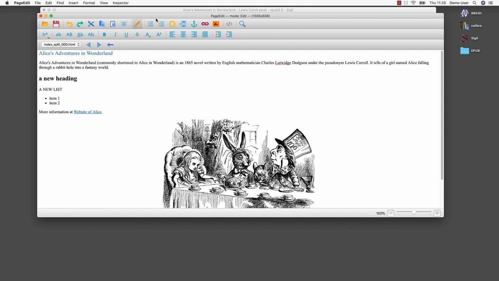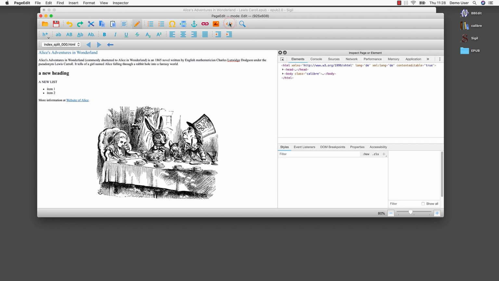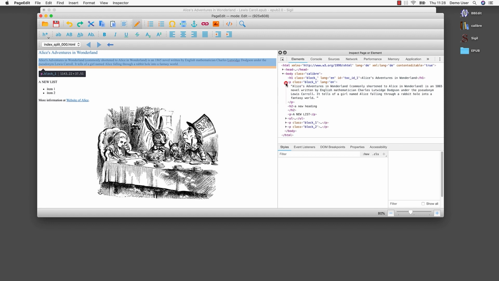At the bottom of the editor window is the zoom function, which we can use to enlarge or reduce the size of the elements in the window. The toolbar in the editor presents us with the same functions we saw earlier in Sigil. Additionally, the toolbar offers us a code inspector, so we can edit and view the resulting code in parallel.